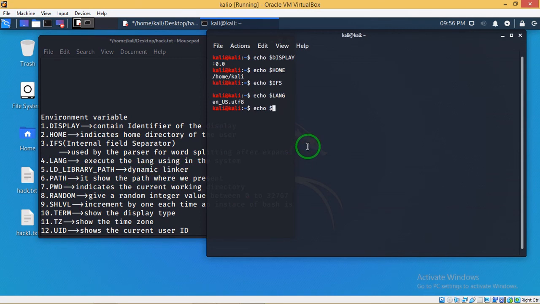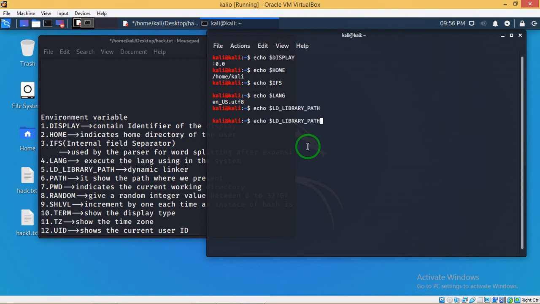Same like that: echo with LD underscore LIBRARY underscore PATH. By now it will not show you anything because I have not given any path.